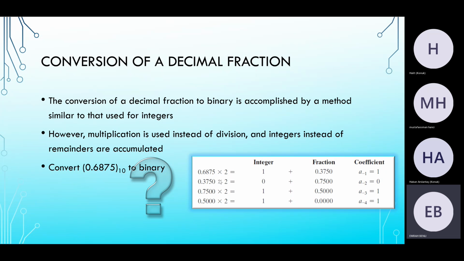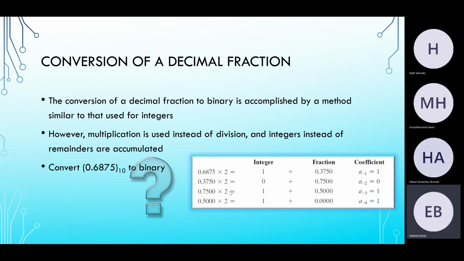Then we get that fraction part here, and we multiply it by 2, and we got 0 integer because it's 0.75, and the fraction part is here, and we multiply this fraction by 2 again, and we got 1 integer,